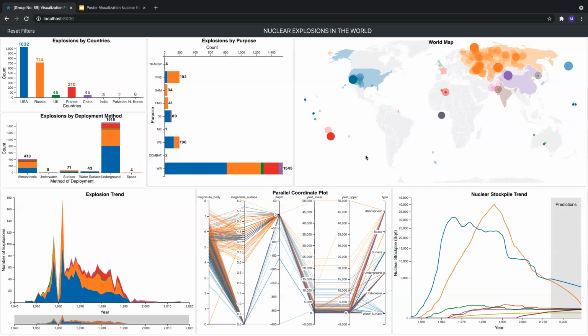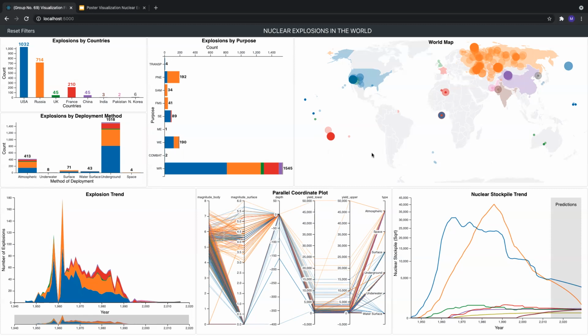The two planar variables are latitude and longitude. One is color, which denotes the country, and one is the size of the circle, which denotes the body wave magnitude of the explosion. Also, we are rendering it with transparency, so that if there are multiple explosions in a certain area, we can see an opaque circle, which gives us more insight into the data.